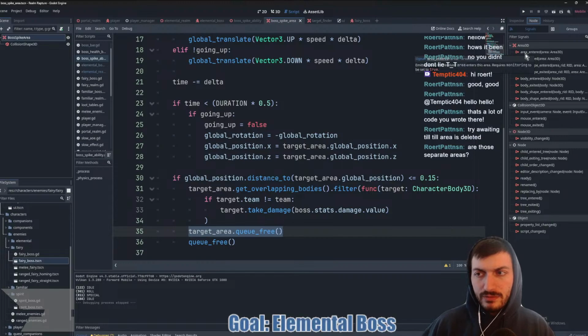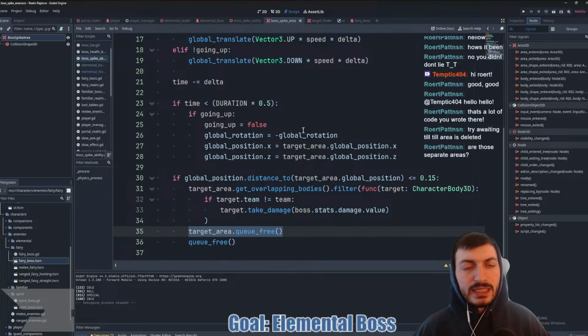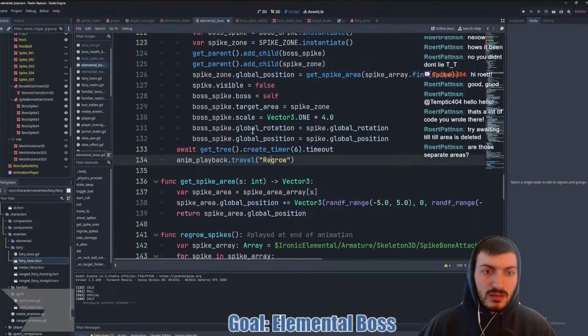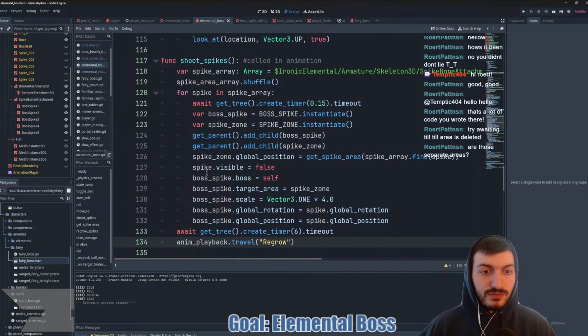Maybe area entered and then we filter it by the spikes. Or we could even give the boss, when we shoot the spikes, we could give the spike zone a variable of the spike. And so filter by spike, or if spike, then something like that.